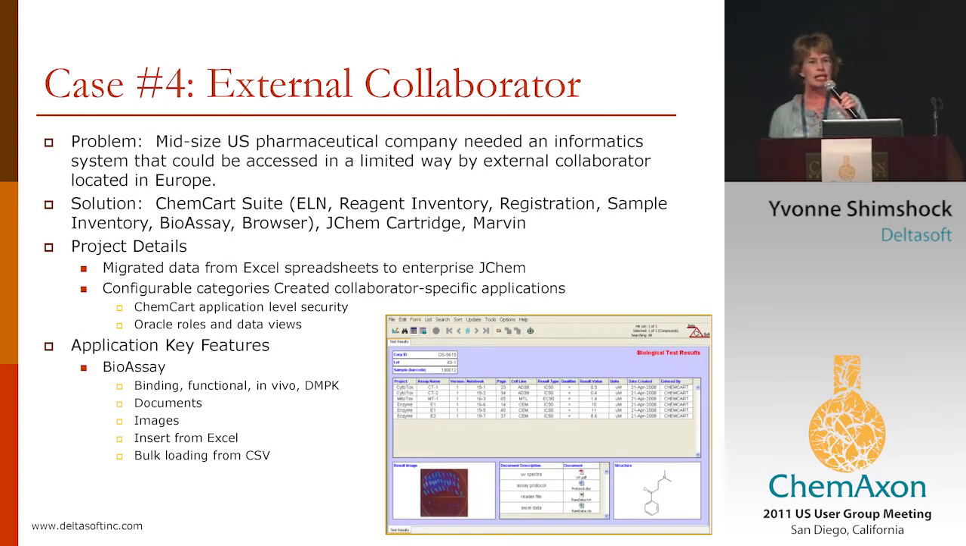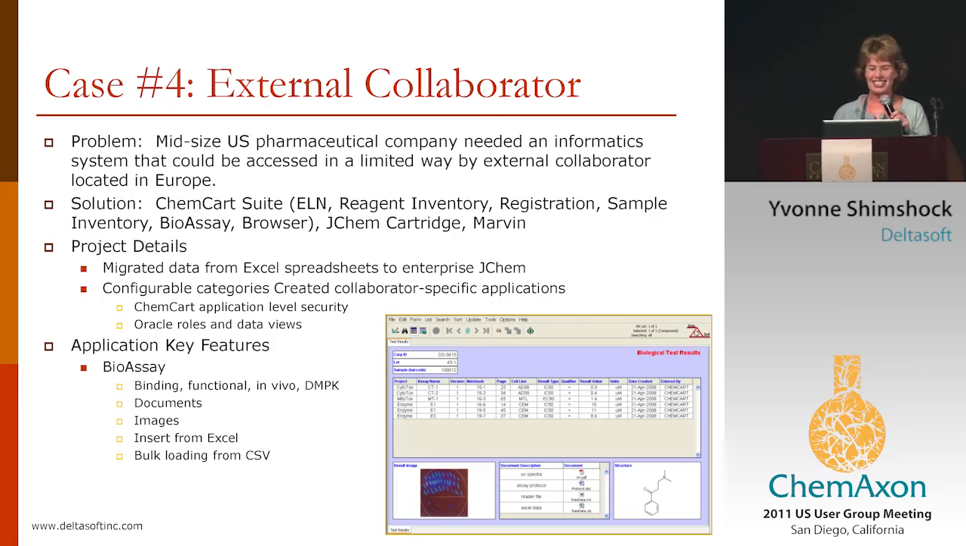And then the final case that I wanted to mention to you was one in which a mid-sized U.S. pharmaceutical company needed an informatics system that could be accessed in a limited way by an external collaborator located in Europe. So for this, we provided an installation of the ChemCart suite, the JChem cartridge, and Marvin in the U.S. We migrated data from Excel spreadsheets into the enterprise JChem,